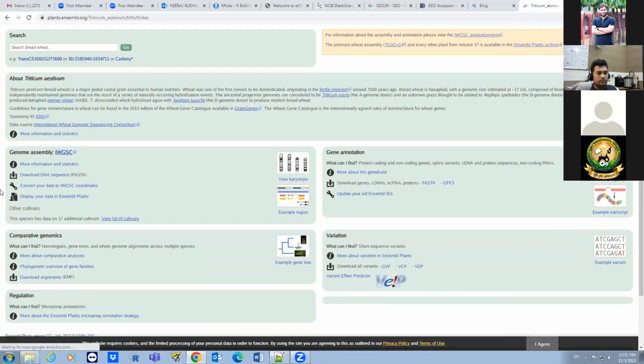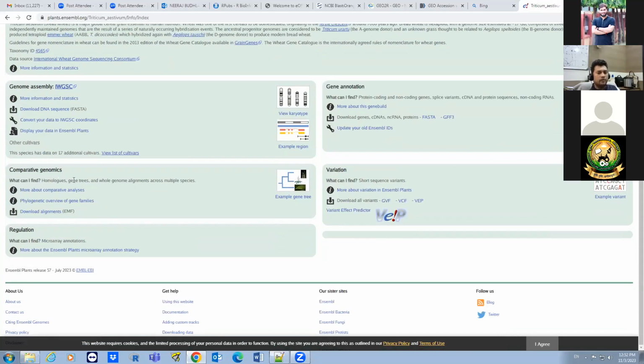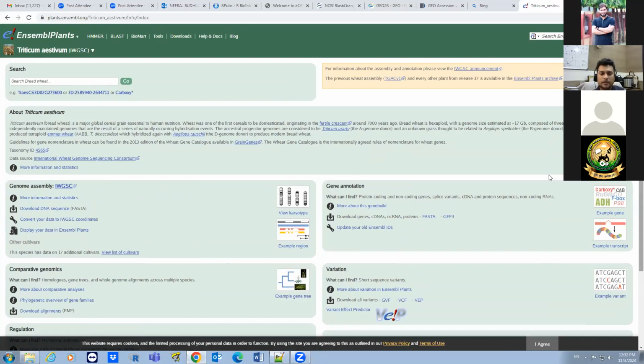It will give all the information like genome assembly, IWGSC genome assembly, its FASTA sequence, then convert data to IWGSC coordinates, GFF files, other annotation files, phylogenetic overview of gene families, alignment, all the information related to that genome. One more thing you can do.